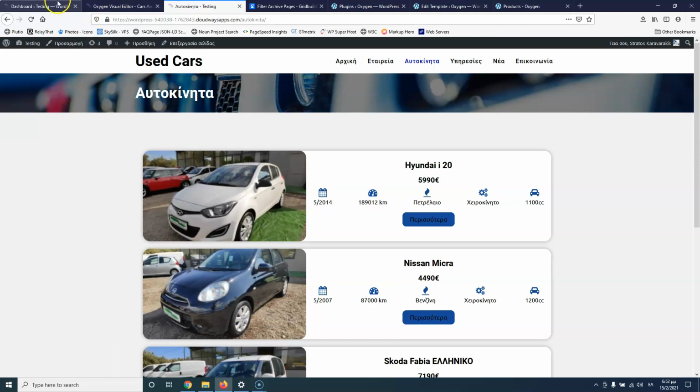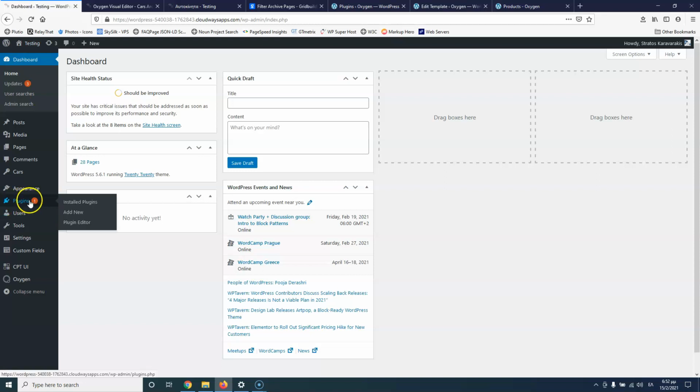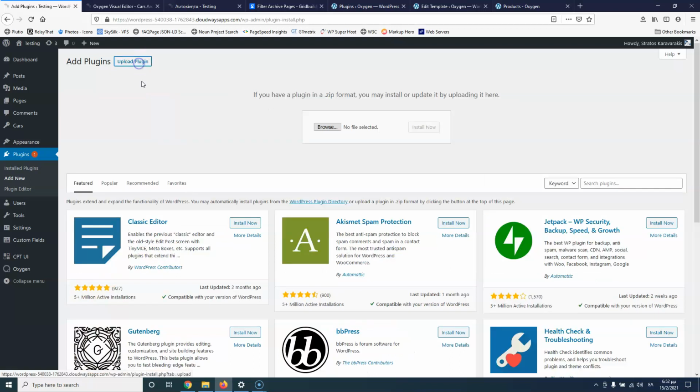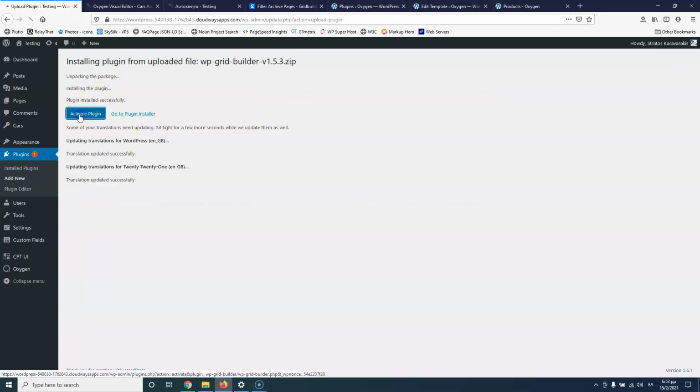So let's go first to the plugins and we're going to install the plugin. If you have already seen my video for the used cars, you know that I have already used the Search and Filter Pro and created the filters that I wanted for this archive page. So we're going to upload the plugin, and let's grab the plugin and upload it, and then install now. Let's wait. Okay, so I'm going to hit activate,